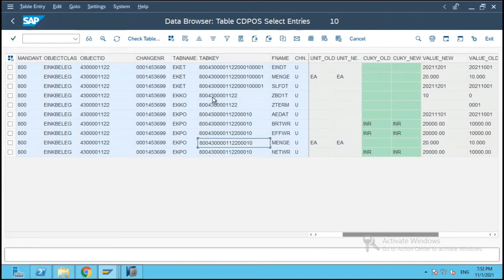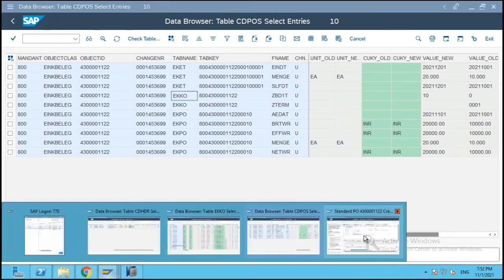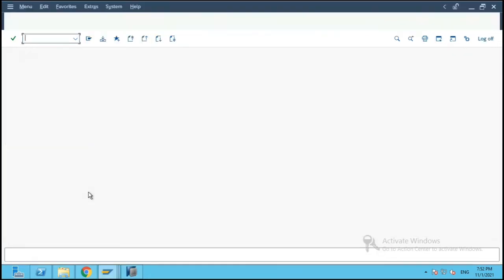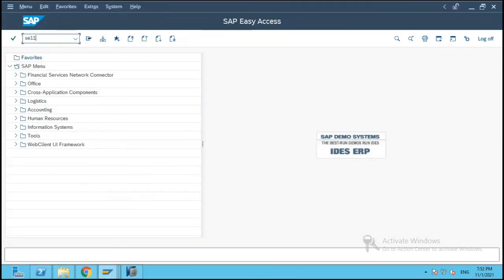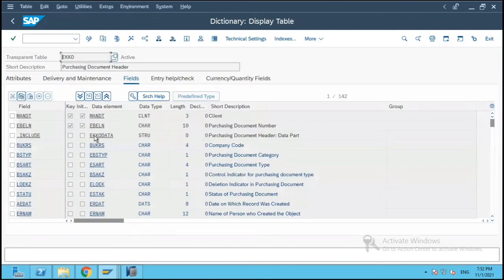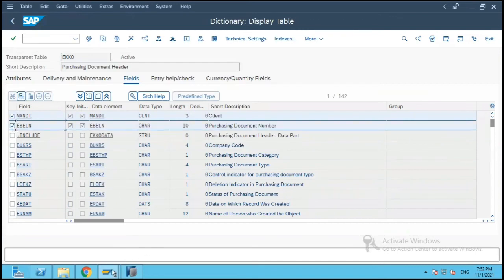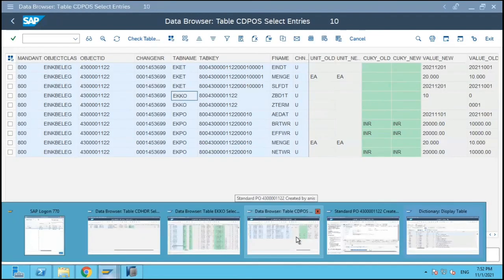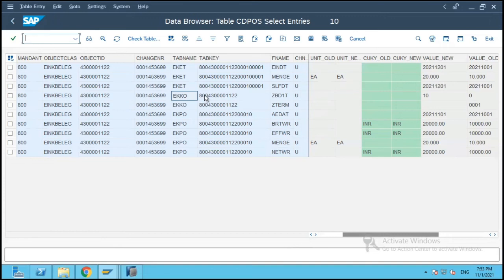The PO number is 4 zeros and 1122. In the case of the EKKO table, if you open another session and put EKKO table, the primary key is the client and PO number. So in the CDPOS entry over here, you will have the client and the key number.